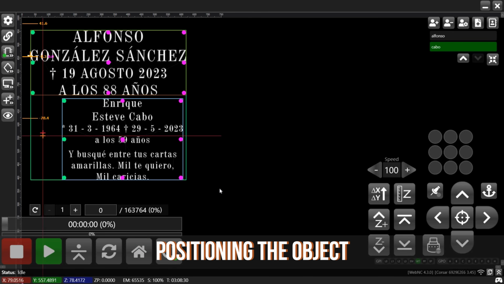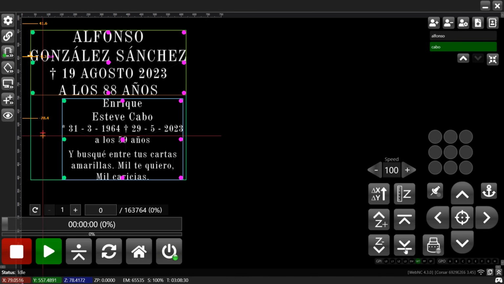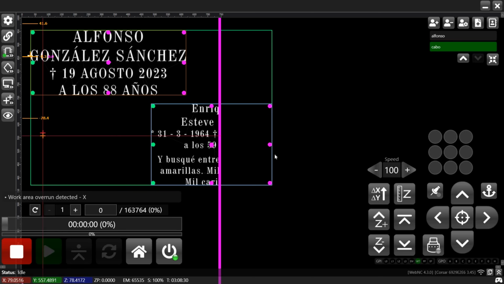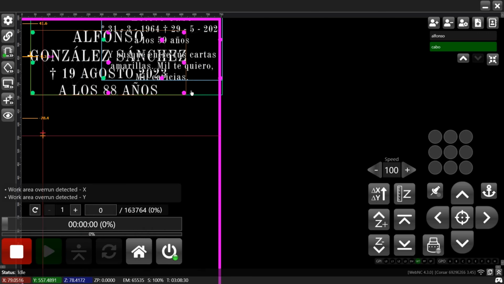After we establish this surface, we can move the cutter all the way up and all the way down until it touches the surface of the slab. Please note that the program won't let us start the machine if the object goes beyond the working area along whichever axis.